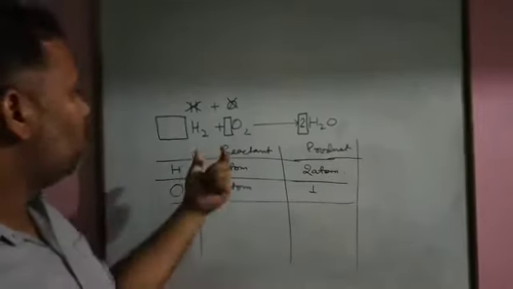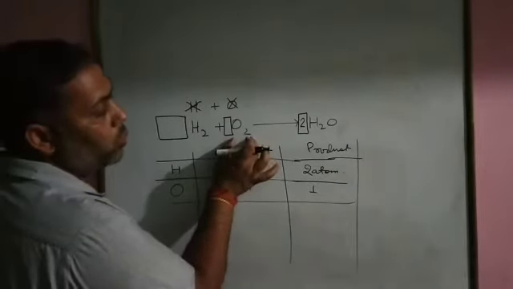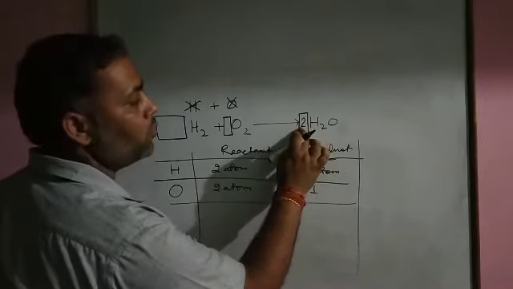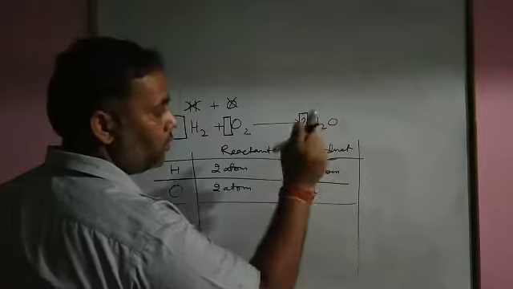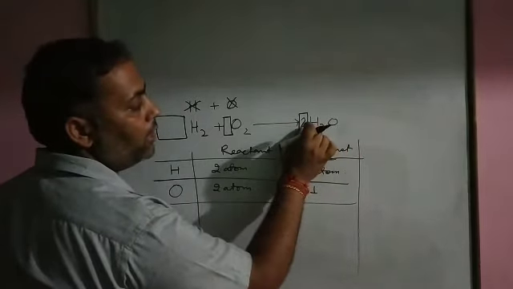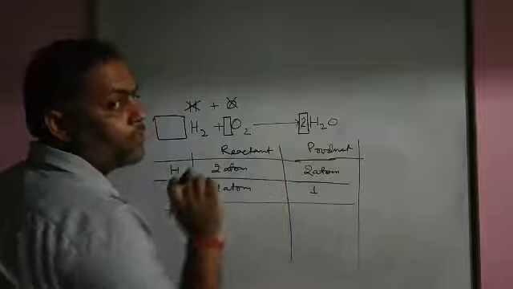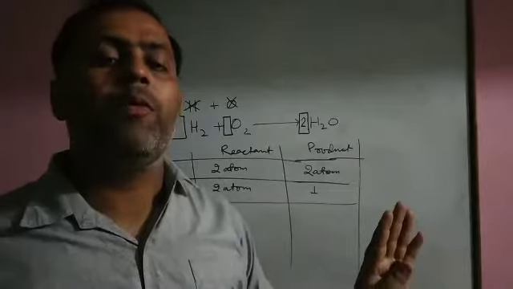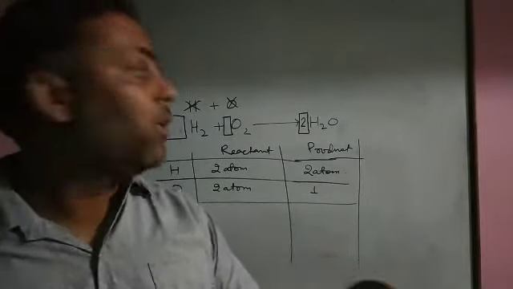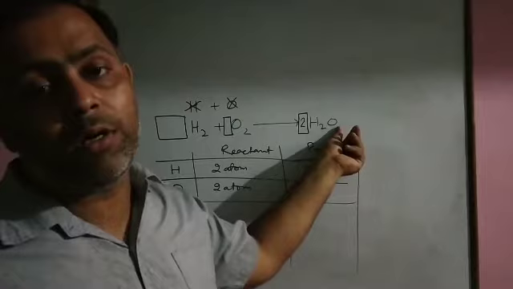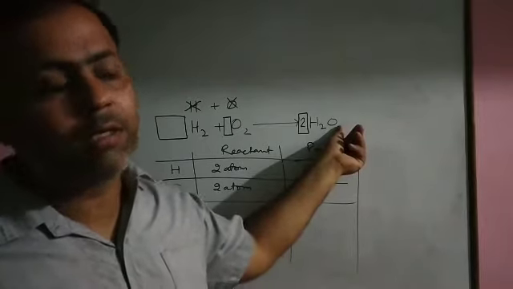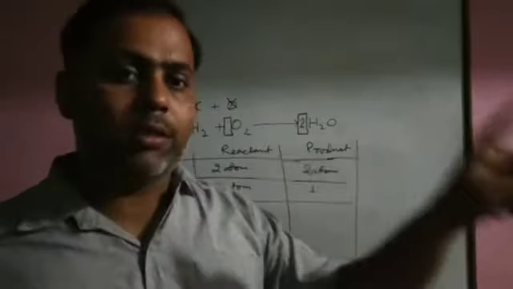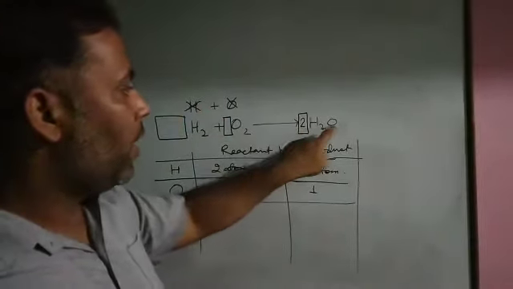Clear? See here once again. Here the oxygen is 2 and here O has subscript 1. Here the stoichiometric coefficient is 2. 1 into 2, 2. It means the number of oxygen in the product is 2 on writing the coefficient. If you change the subscript of your choice, then there will be a problem in the chemical reaction. It will change the compound. It is incorrect. It means you only have to write the stoichiometric coefficient of your choice. Clear? I have written it here and the oxygen atom is balanced.